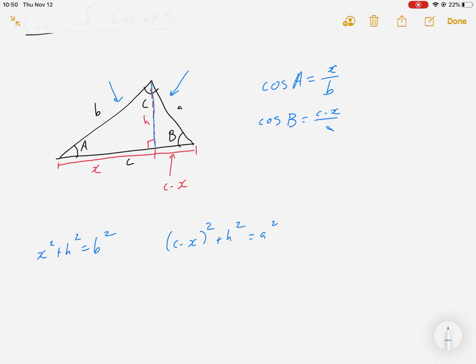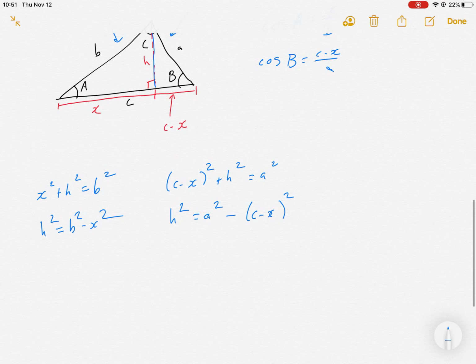Okay, so I have h squared in both, so we're going to use a similar technique that we used above. Solving for h squared, I get b squared minus x squared, and over here I get a squared minus (c minus x) squared. Okay, so let's go ahead and set those equal to each other. B squared minus x squared equals a squared minus